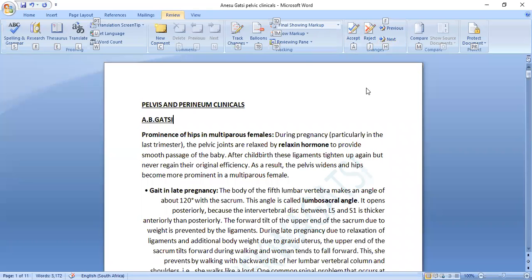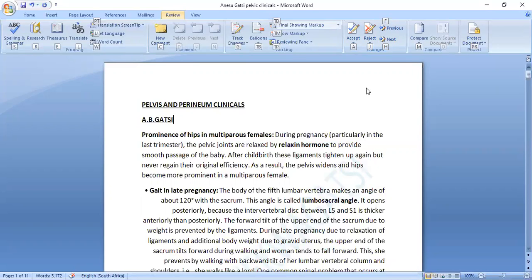Hello guys, so today I would like to do a video on the pelvis and perineum, that is the clinical anatomy. So this video would require prerequisite knowledge of the normal anatomy of the pelvis and perineum region. So we'll actually throw in bits and pieces of the normal anatomy, but we'll mainly dwell on the clinical anatomy. So we'll start with the much simpler stuff, and then we will go a little bit profounder